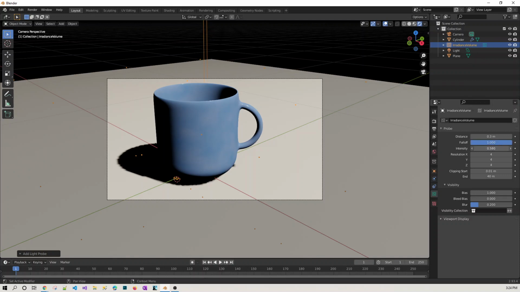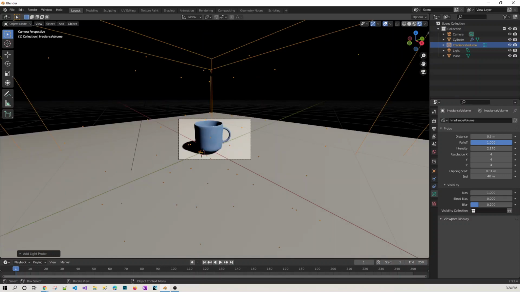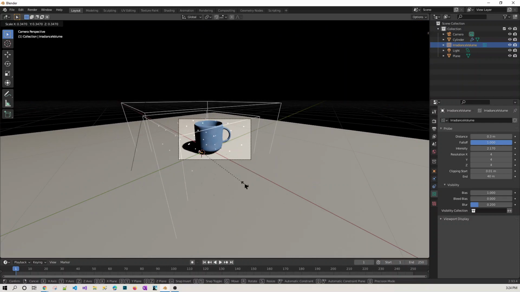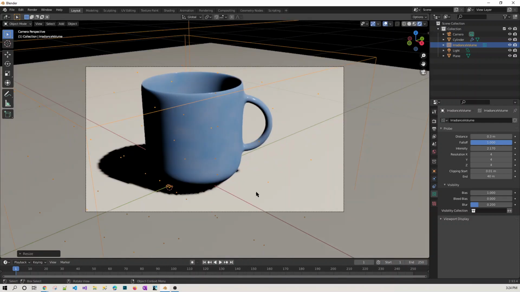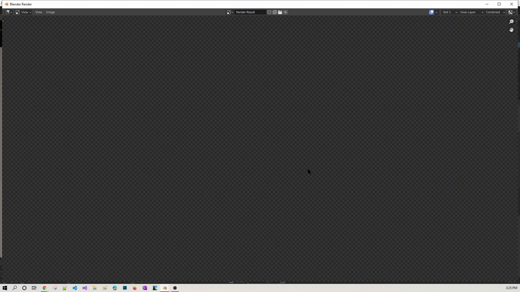You can reduce or increase the intensity so that it should give some nice color, or scale it, because our object is not much big. Now if we go to the render image, let's see how it will look.